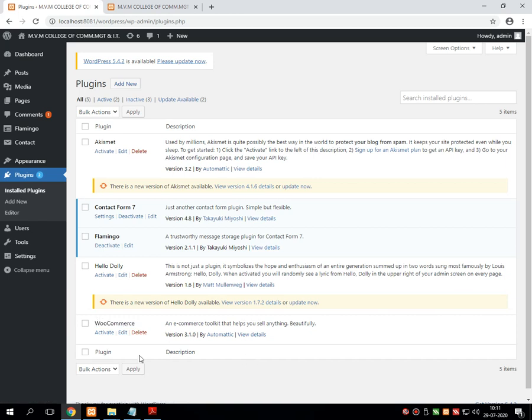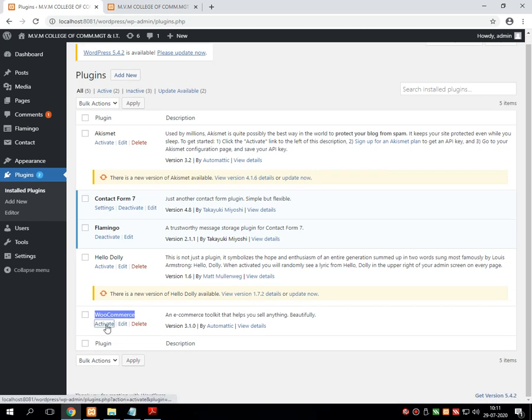So I can see WooCommerce in the listing of plugins. Now I am just activating that plugin. It will take a few seconds to activate because this is a little bit of a heavy plugin.